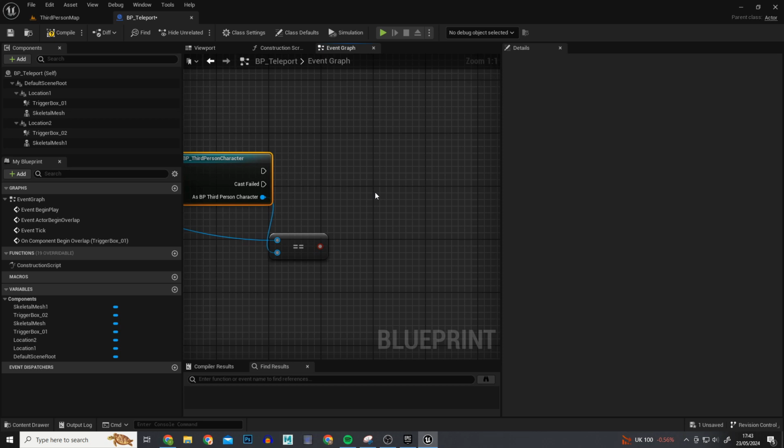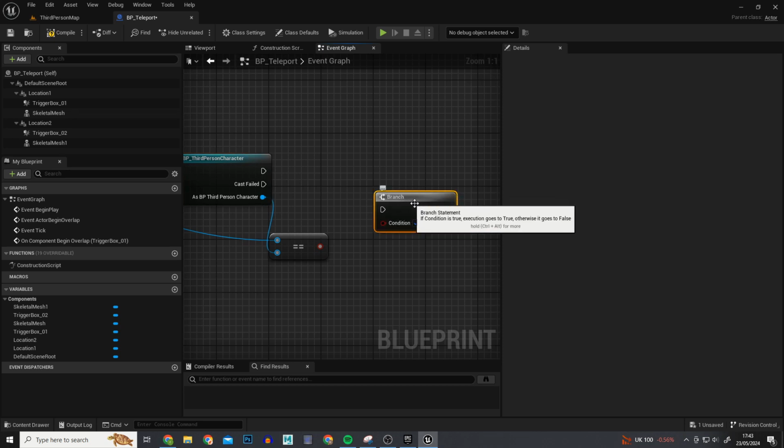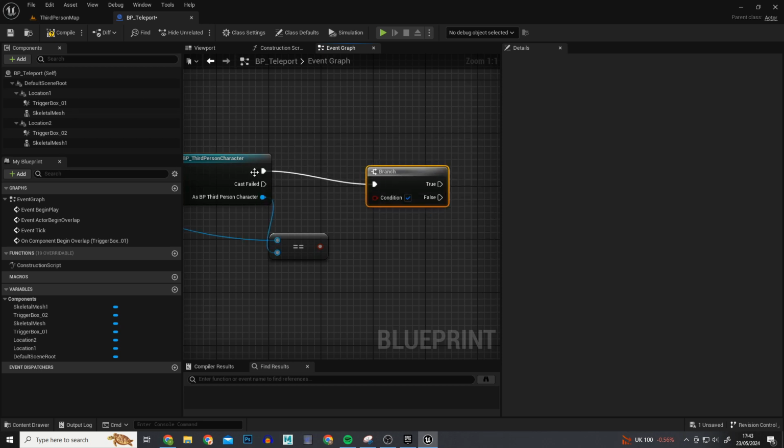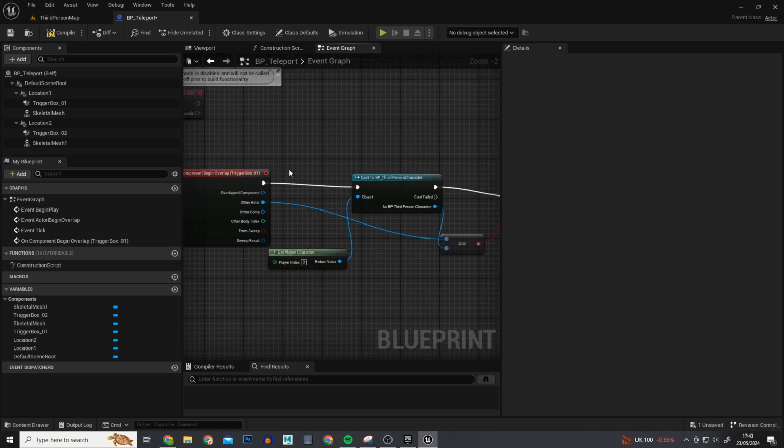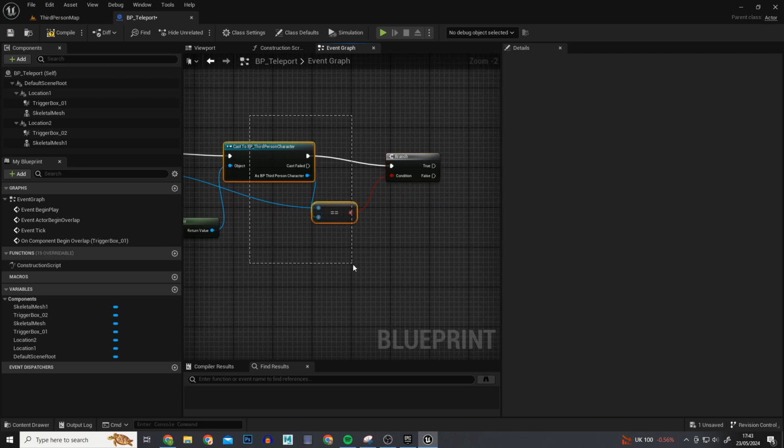So I'm just going to add a branch, so I'm going to hold down B and left click, and that'll add a branch. And I'll connect this pin up and connect the condition up. So once something's overlapped the box and it is the character,